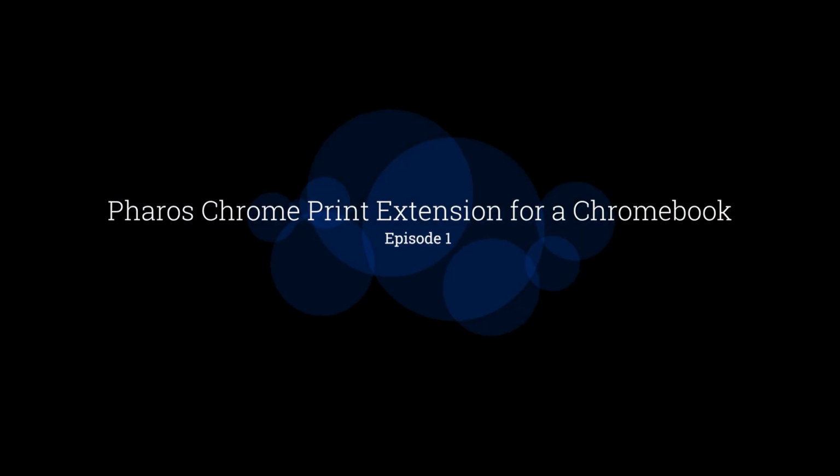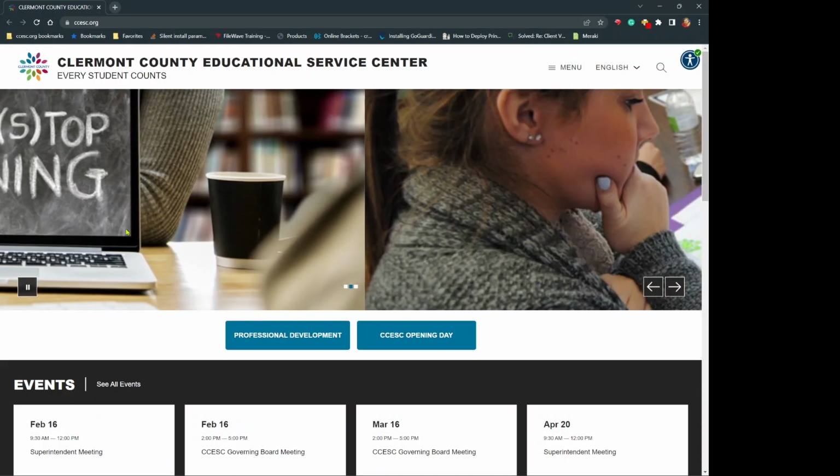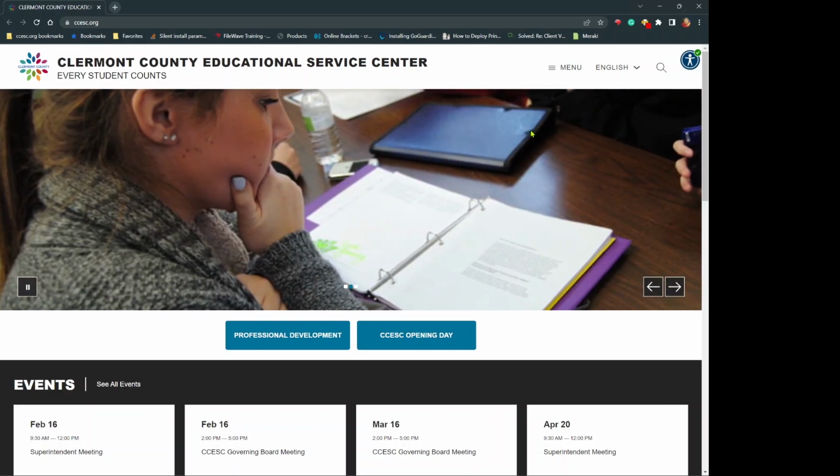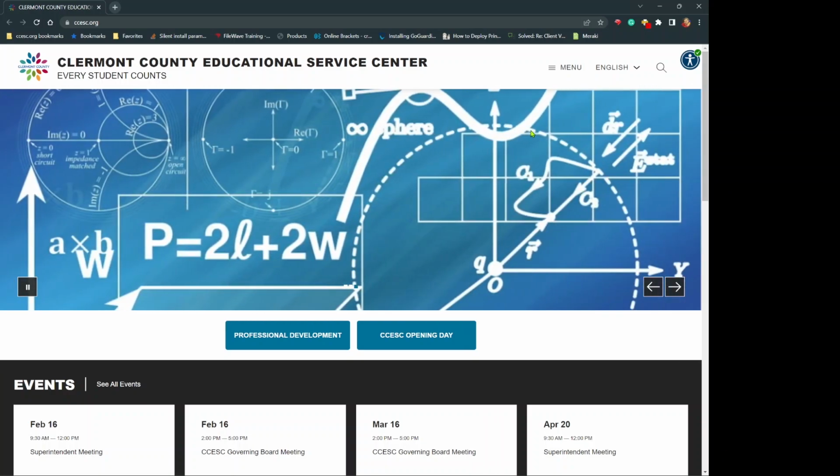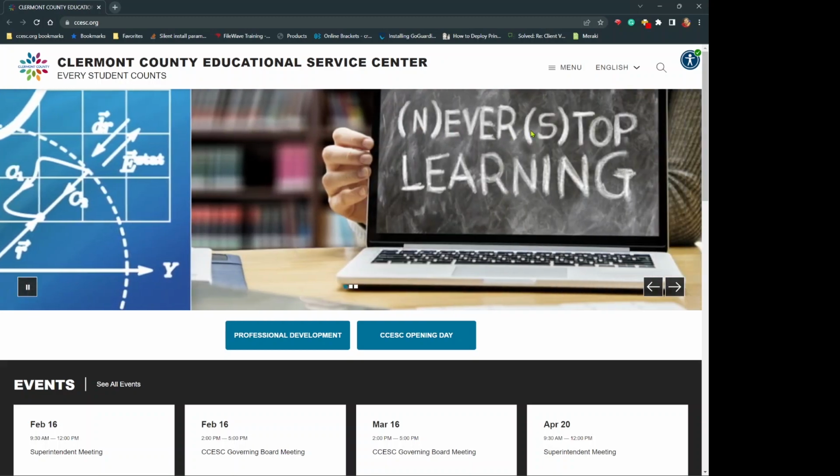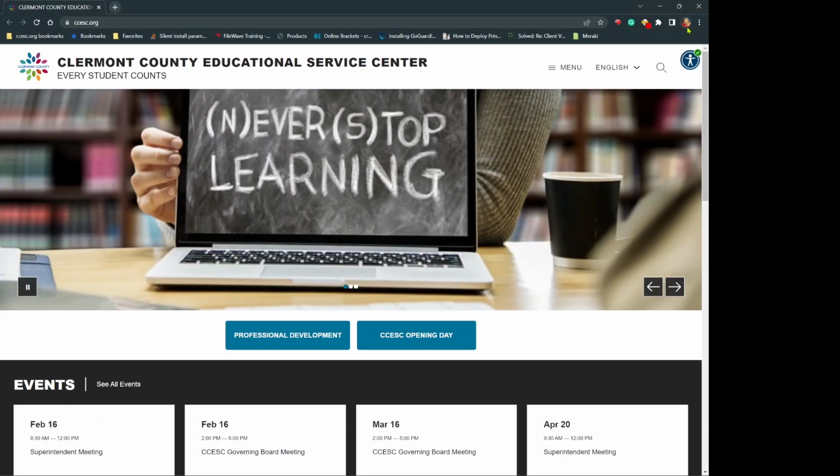Today's quick demonstration will be based on the Pharos Chrome printing extension. In order to access the extension on a Chromebook, you will launch the Google Chrome web browser. Once you're in the Google Chrome web browser, ensure that you're logged into your CCESC Gmail account actively by making